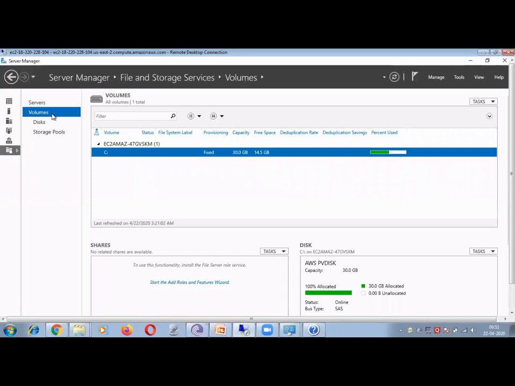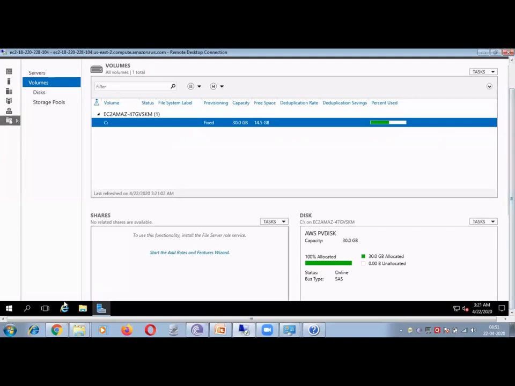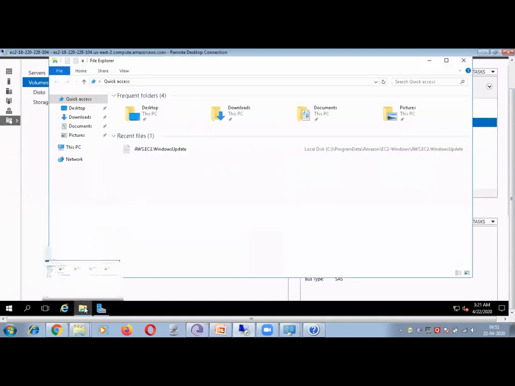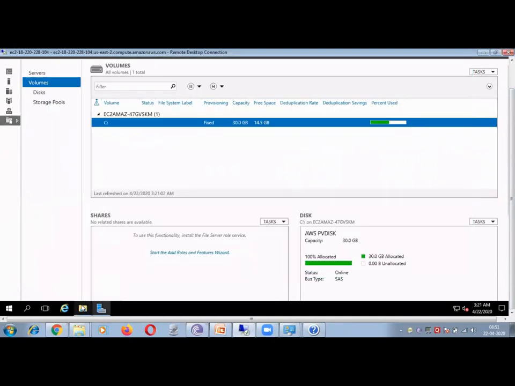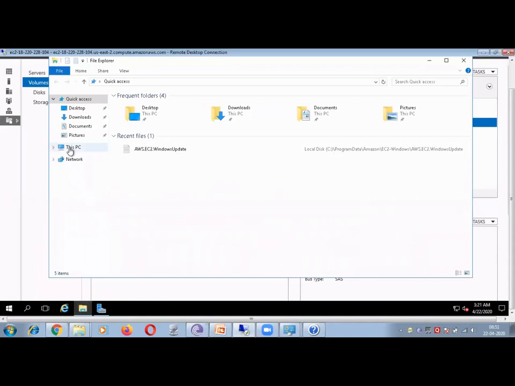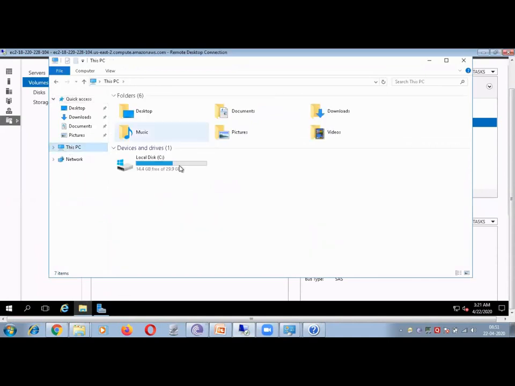Good. Now you say that in this file server, let me share a folder, right? But to have a shared folder, you need to first create a folder on your server. So let's go to the C drive and create a folder called data.